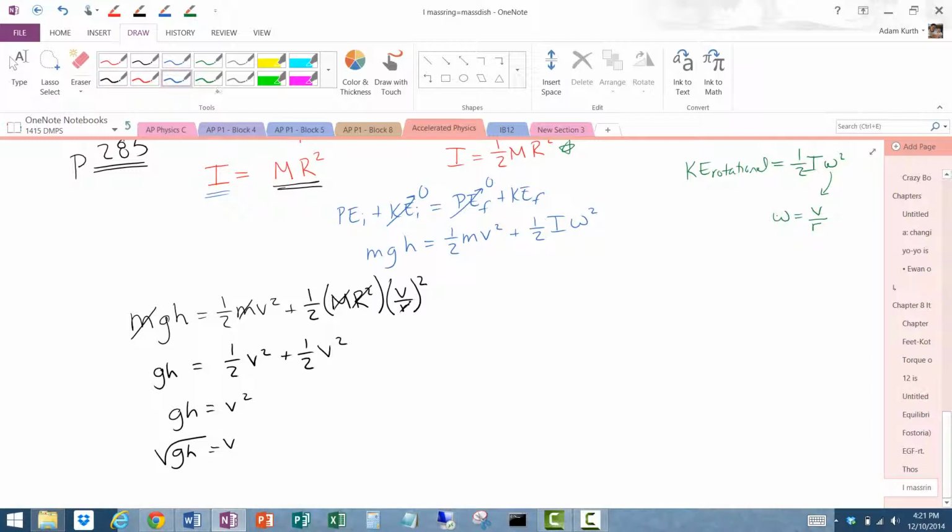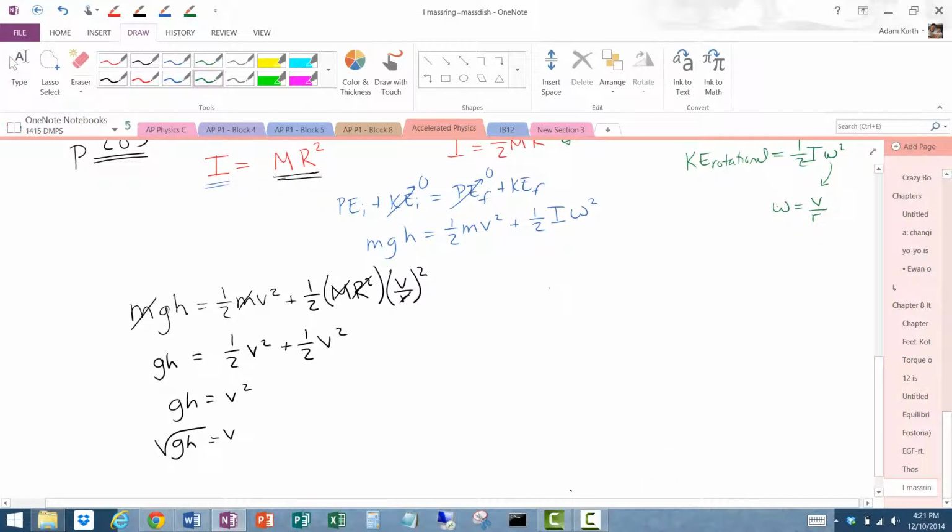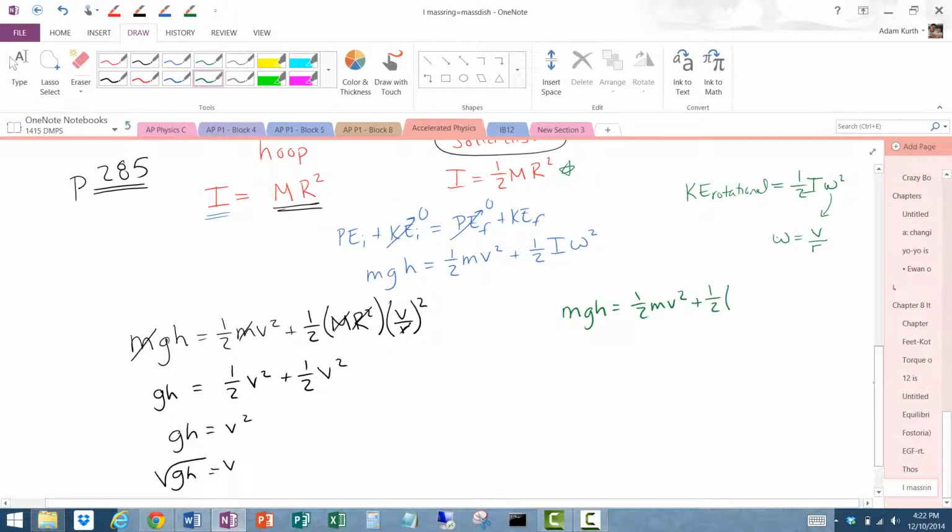But let's take a glance over here at what happens if we look at the disk. All right, so we got mgh is equal to 1/2 mv squared. I know this is kind of ugly. I apologize, but I promise it's going to get kind of nice in just a second. I'm going to plug in my I, which is going to be 1/2 big M r squared times v